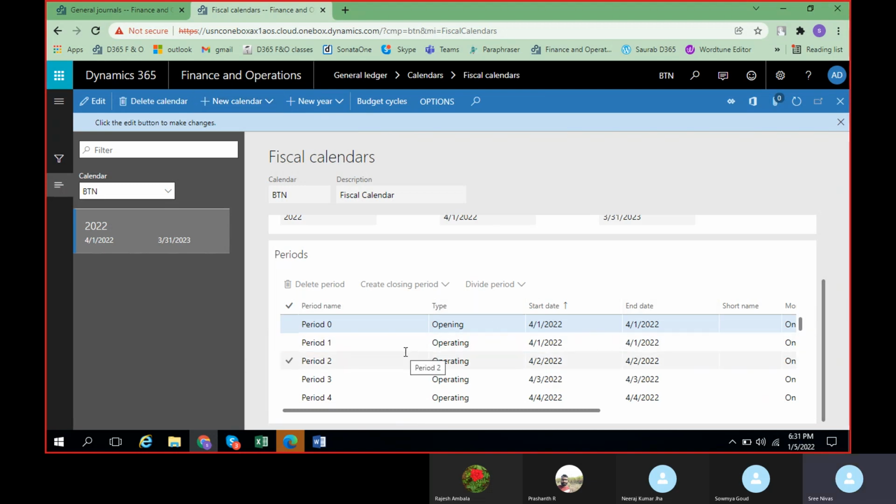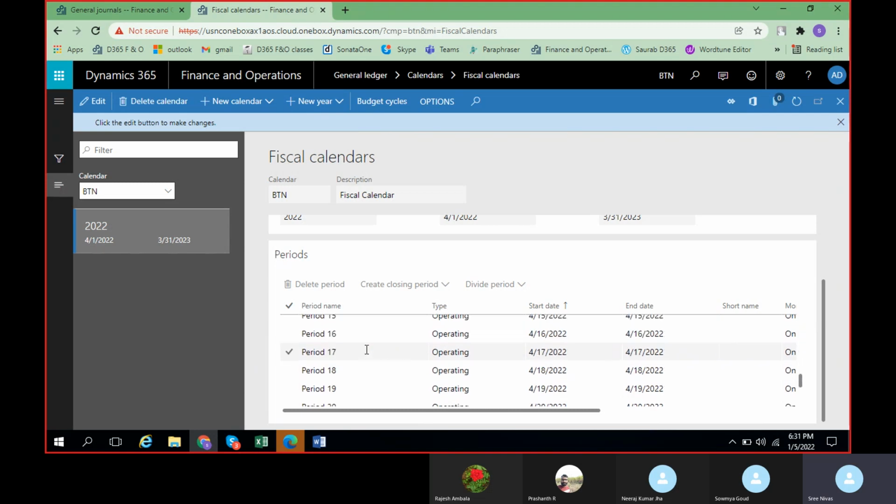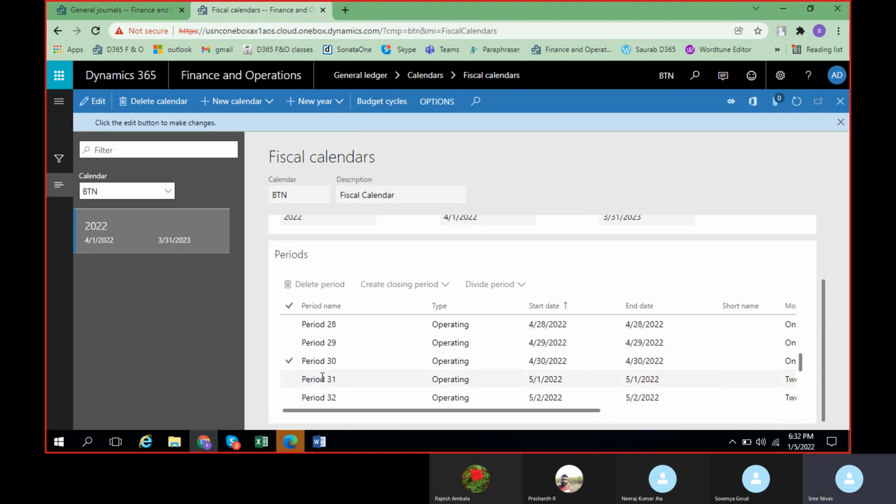The calendar gets broken down into 366 days. See here, since we have selected the length of the period as just 1.